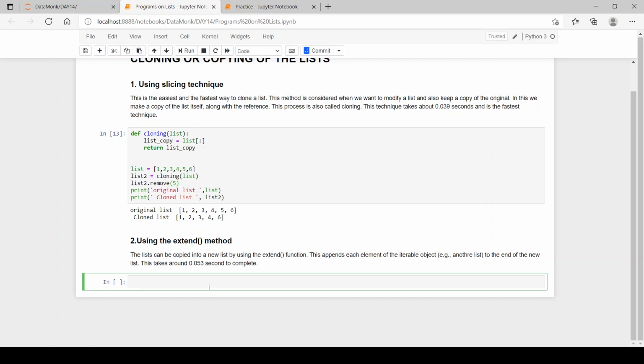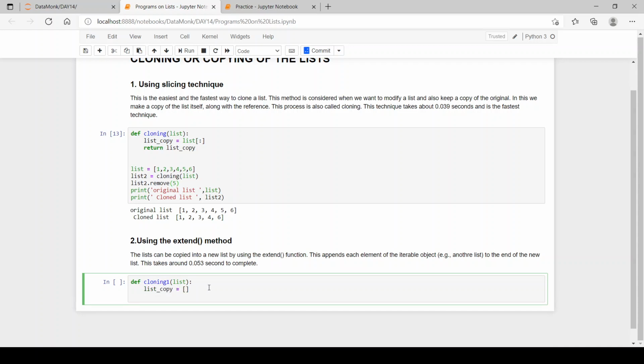Now let's define the function. We'll define the cloning function and just change its name to cloning1. Now let's give it a list. Then in it we'll write list_copy. This will be our new list. It will be empty at first, but after we use dot extend, it will have the elements from our list.